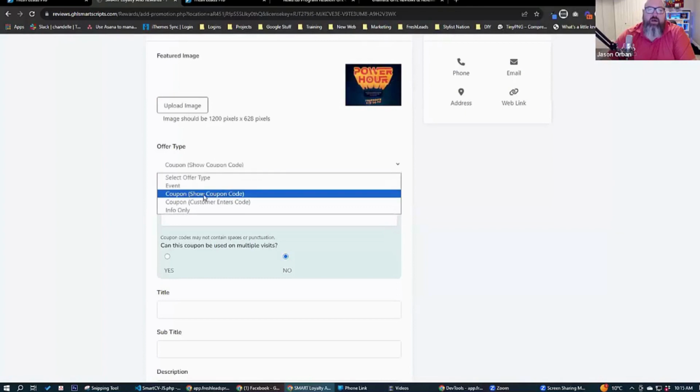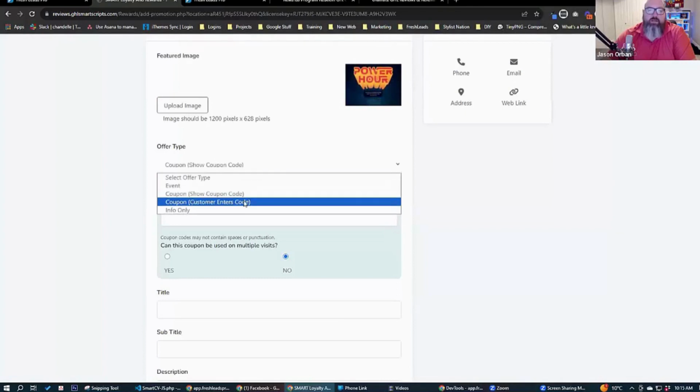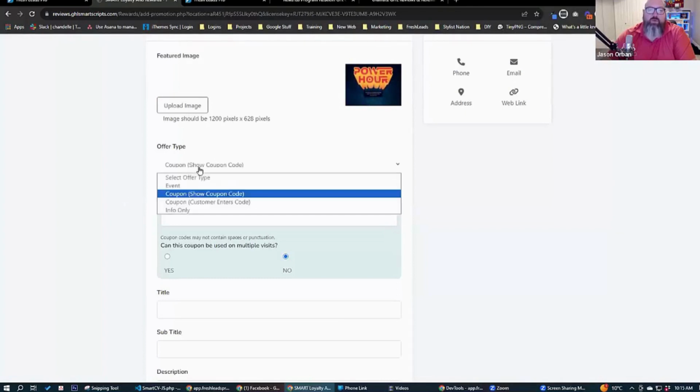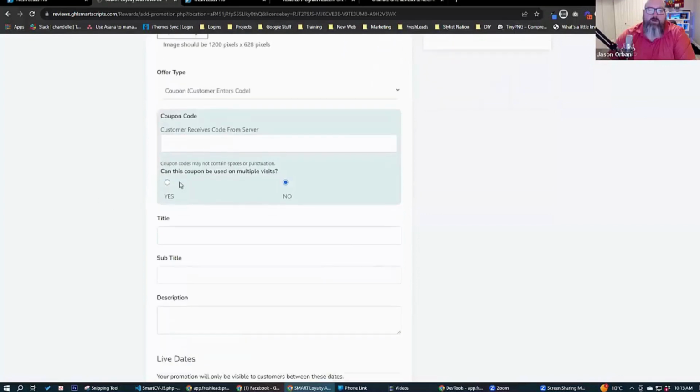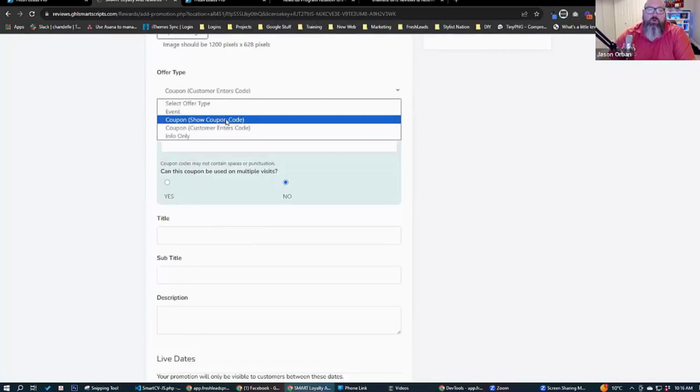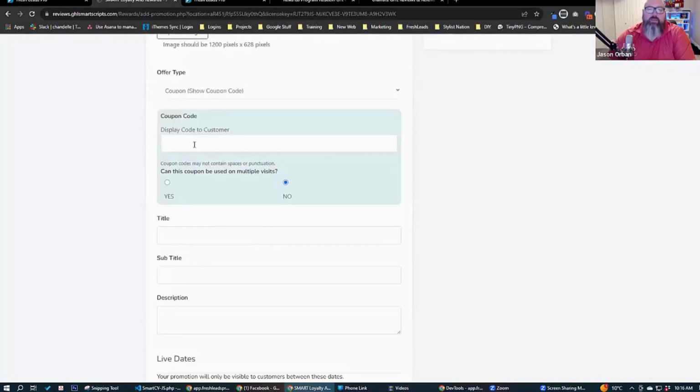It's either show coupon code or customer enters the coupon code. So if we're doing customer enters the coupon code, they will ask the staff for a coupon code, or we can send them a unique coupon code that they'll add in here. If we have show coupon code, this is going to display the coupon code on their screen, and then they will show that to the staff,